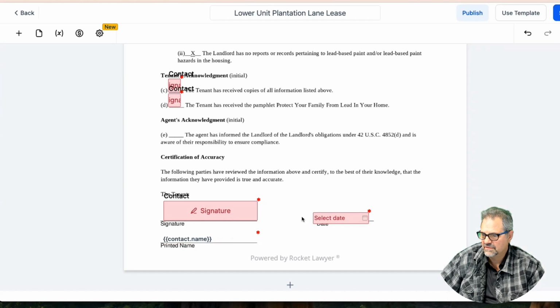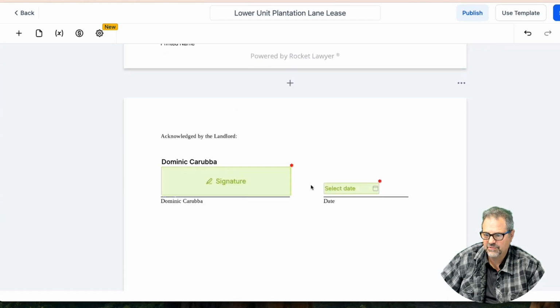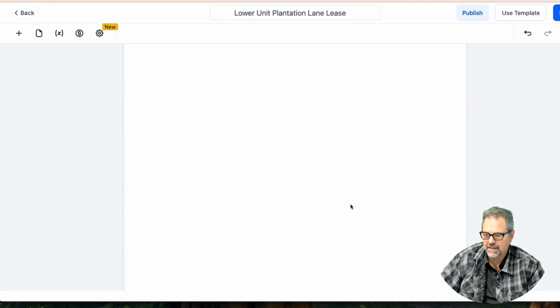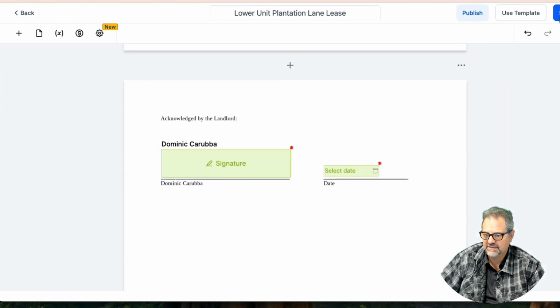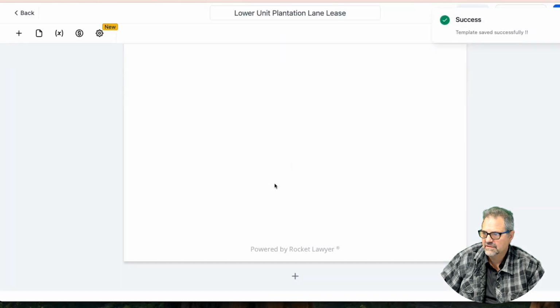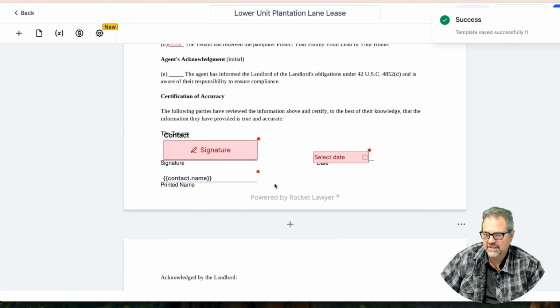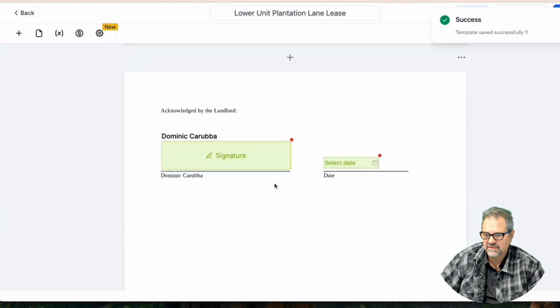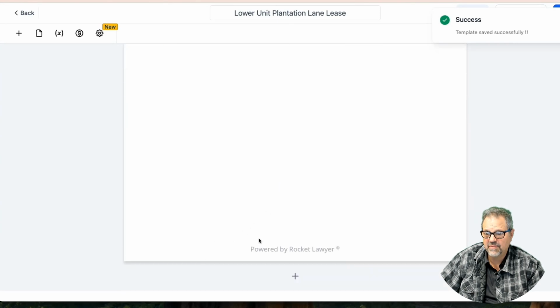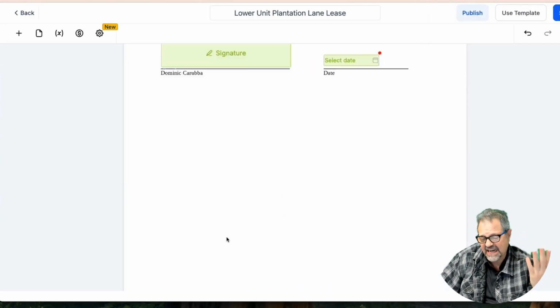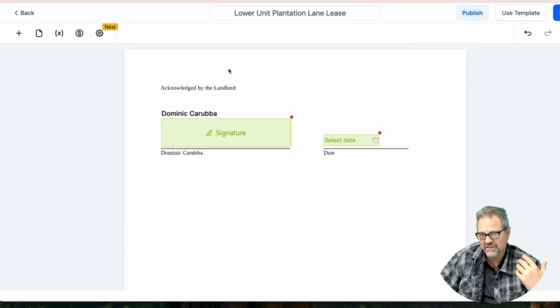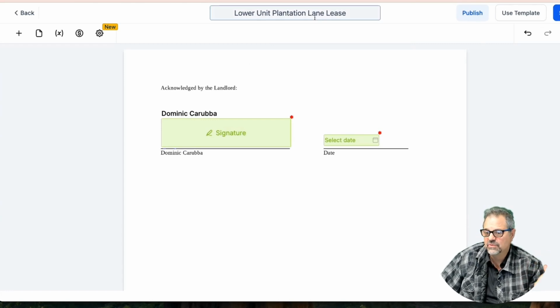Today's date, their printed name, my name, my date, and nope, I'm not having them. They're not going to initial my signature page. They get that after anyway, so it wouldn't be appropriate to have them initial a blank page. And that's it. So now that I've saved it,